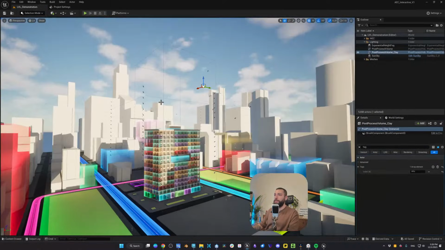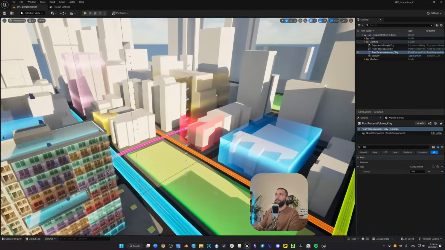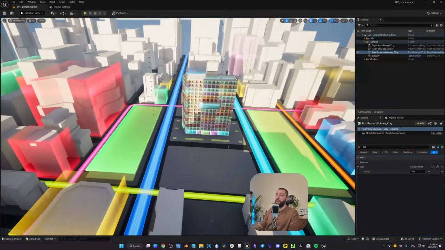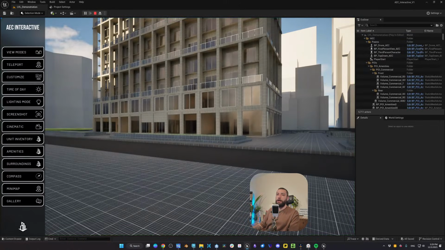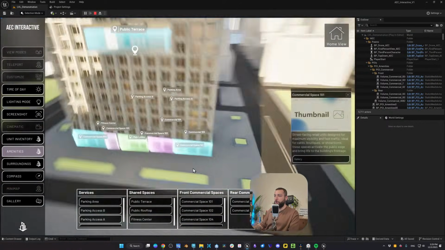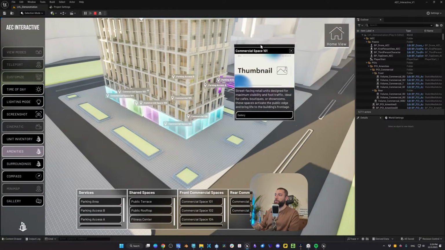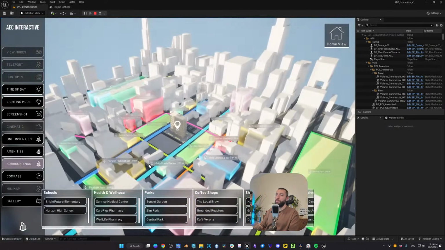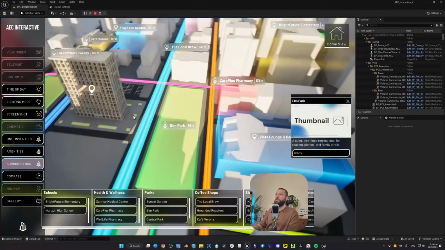Now imagine if you spend more time setting icons, setting colors, doing all that stuff. You can explore that in the demo project. You can have a project that looks like this. So click on play and let's click on amenities. These are the amenities. It has a UI element. It has a panel that you can set, a gallery you can set, and so on. Surroundings and all the good stuff.